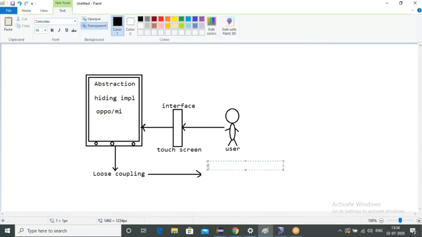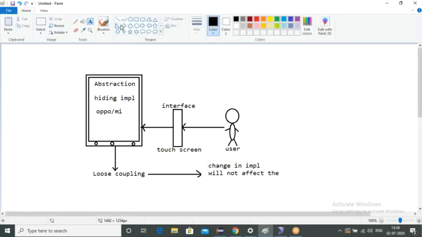That means a change in implementation will not affect the user. Understand this much, guys.